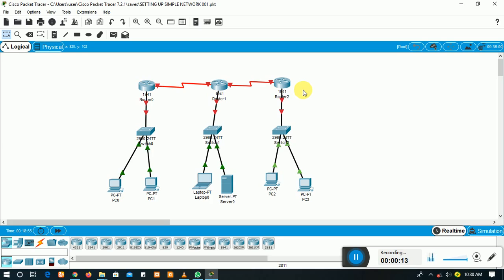So today what I'm going to do is assign IP addresses to the routers and the hosts. So let's just get straight ahead. Before you assign IP addresses, I need not tell you that IP addresses are of 5 types. Type 4 and type 5 are not used for networks, they are used for experiment and research purposes. Type 5 is basically for scientific purposes. So type 1 to 3, that is what we use for our network